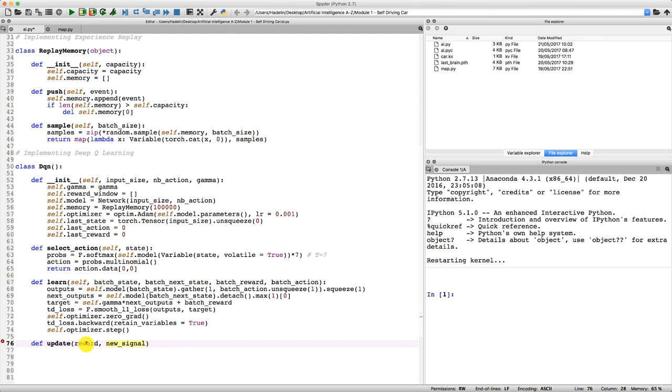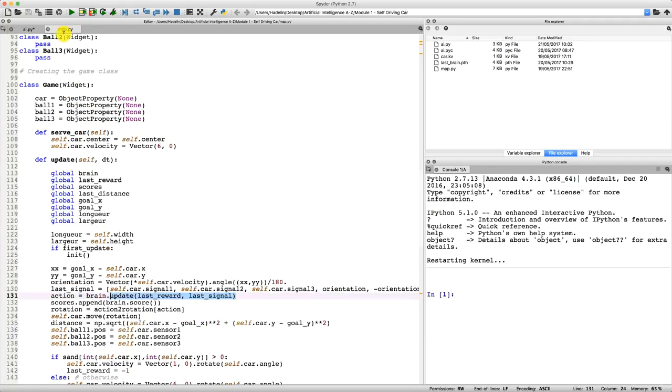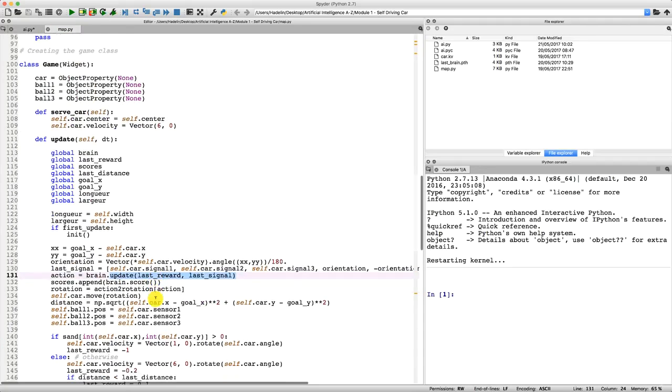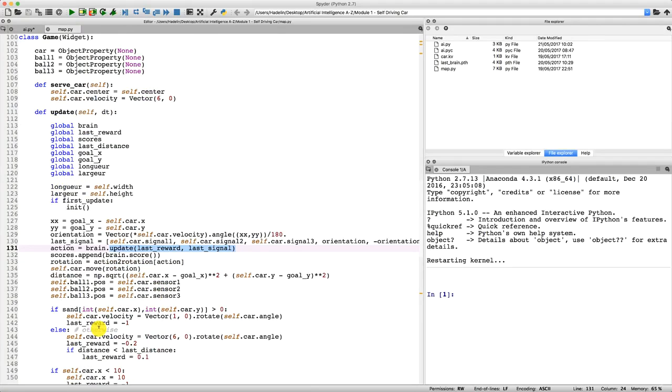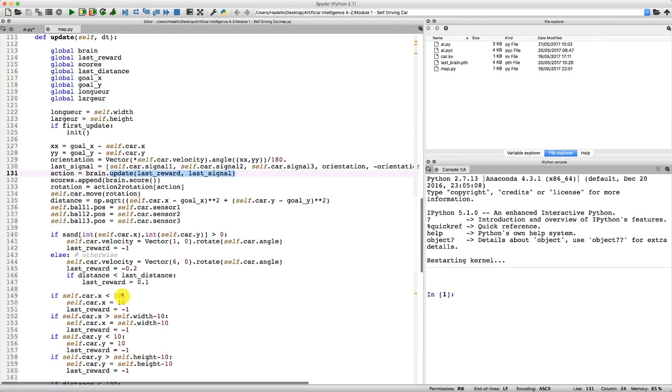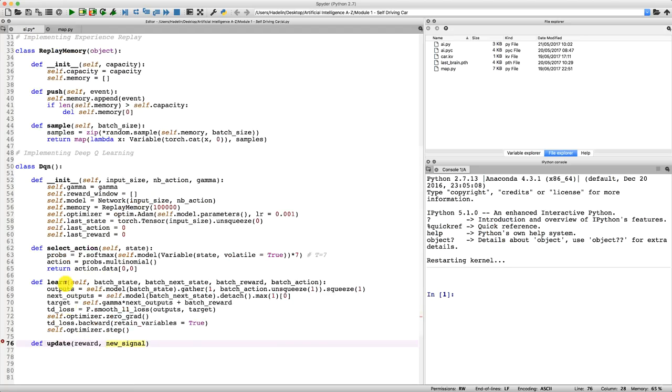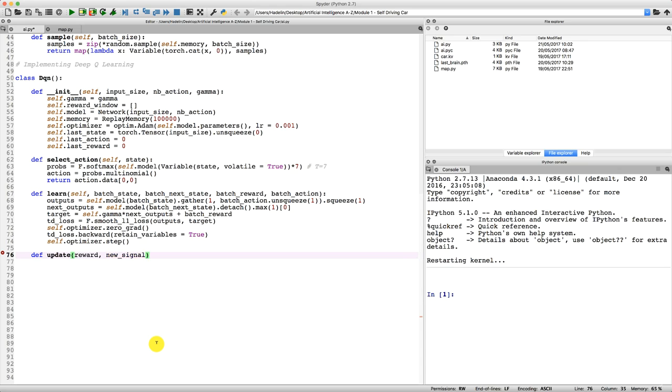But then of course, this reward here is going to be the last reward that we get here, when going onto some sand, or worse, getting too close to one edge of the map. That's where we define the last reward. This last reward is going to be the input of the update function, so that's why we have last_reward here. But right here, I'm just giving another name for the argument, reward, to not confuse it with last_reward here. Alright, so this is the update function, and now let's go inside it